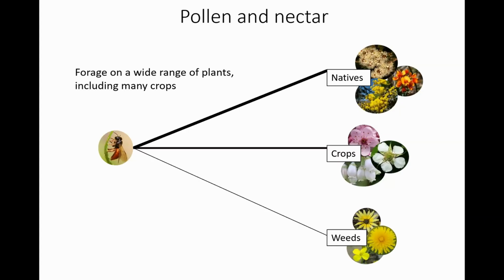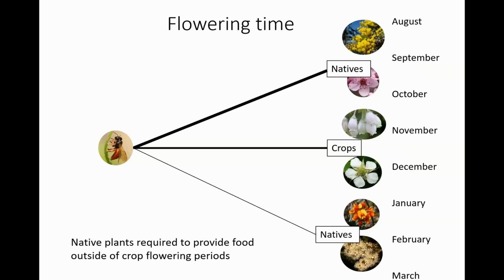So we did surveys across more than just crop flowers. We're looking at native plants and weeds in the landscape, and we found that reed bees were visiting a great diversity of plants, but because the crop plants were flowering mostly in spring and summer, and the reed bees are active almost year round, it was really important to have native plants for early in the season and late in the season, before and after crops are flowering, to provide that continuity of floral resources that the reed bees need